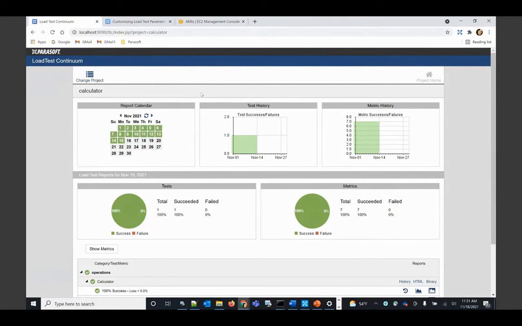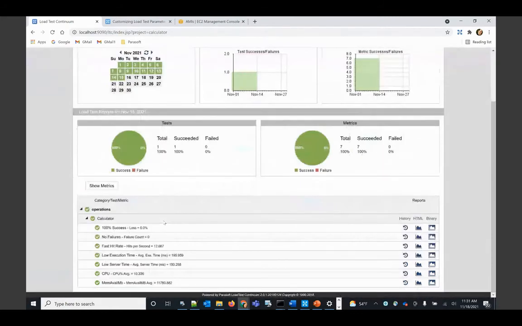You'll be running your load tests daily, and what you want to see is whether the test succeeded or failed, as well as either the standard or custom metrics you defined in LoadTest. Continuum integrates seamlessly with a plugin where you can see the passes and failures, and when you click the link, it takes you to the details here in Continuum. And you can drop these down